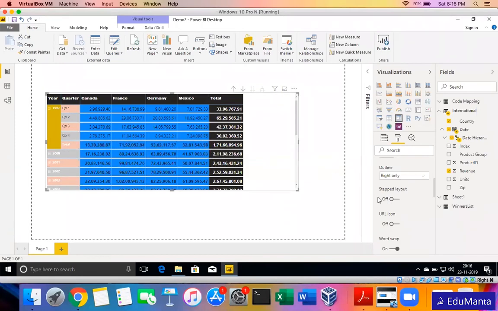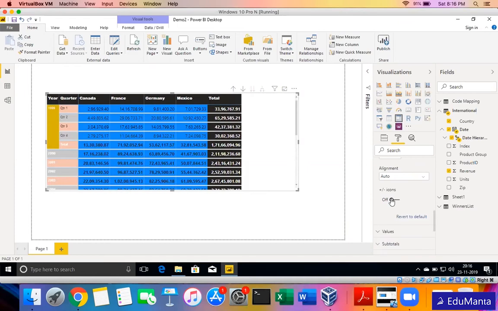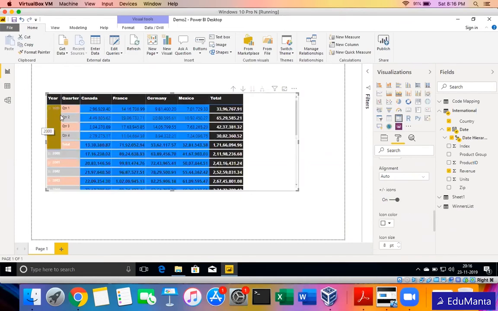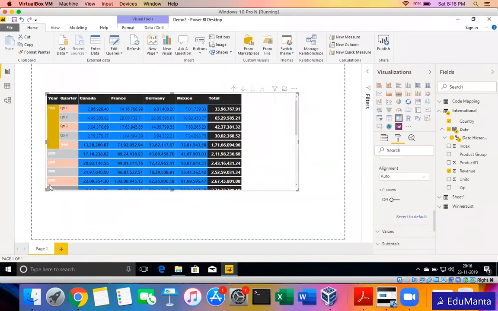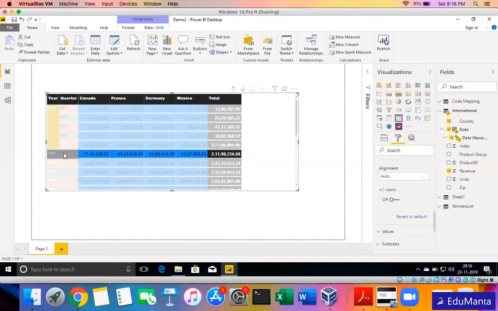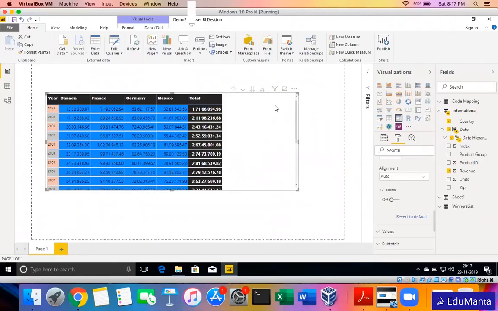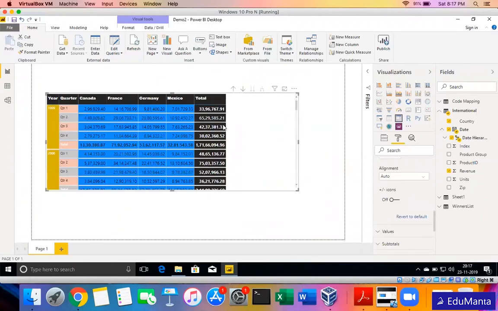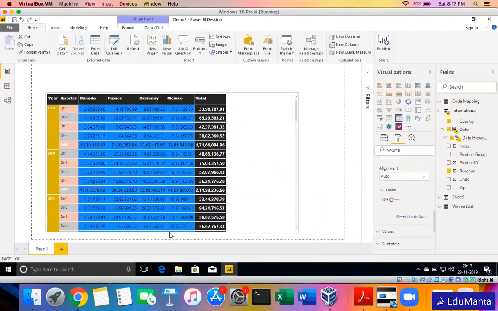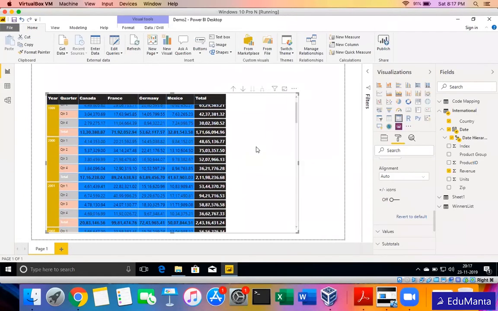So again, this is just a customizing option which we need depending on how I need it. If I don't want it this way, I can put the plus minus icon. Even the plus minus icon, if I don't want, I can just put it off. So now you will say, okay, how will the user view the next level of data if the icon is not there? Suppose I want to go to 2000, I want to see the next level of data for 2000. I just select this one and I can say expand, or I can use icons on the top, like expand all. What this will do is for all levels of years, 99, 2000 and all, everything is expanded.